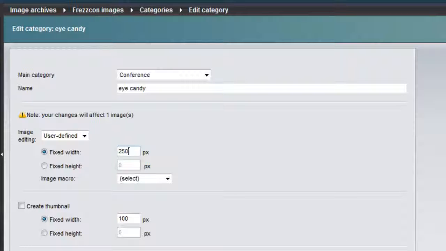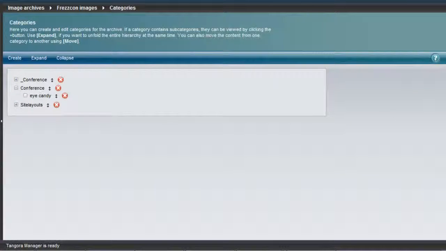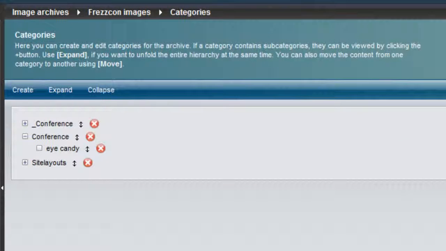However, if you decide that your images should be larger, then you can make the change to your category alright, but then you'd be well off to upload your images again, as you'd otherwise suffer a loss of quality by making the images larger. One last important aspect I'd like to mention is that although we have a hierarchy of categories, a subcategory does not inherit any of the attributes that its parent category may have.